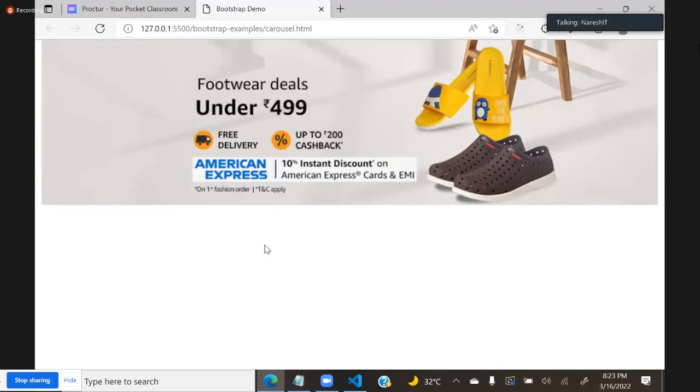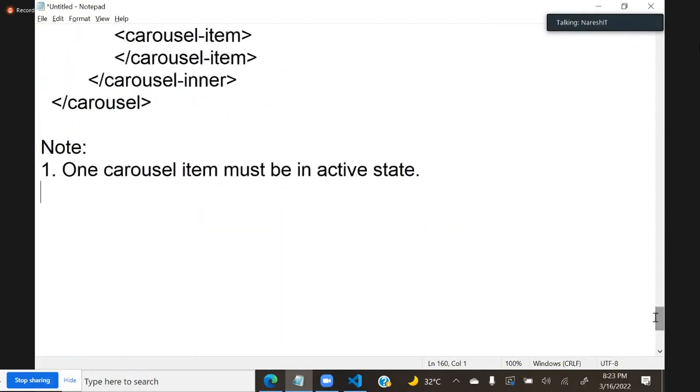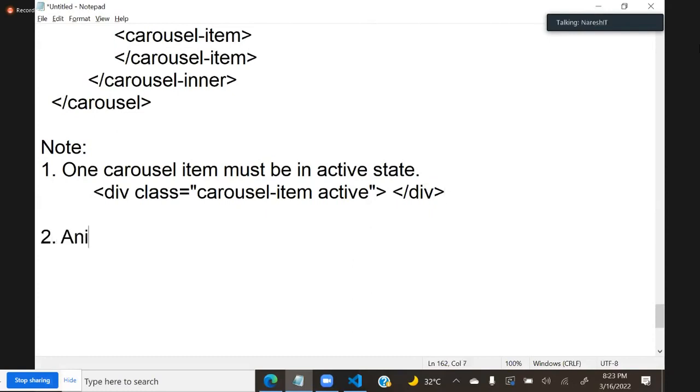The carousel is active, but it is not changing. The banner is ready. Now another point: one carousel item, the div with class carousel item, must be kept active. That is compulsory. Only one should be active. Second point is